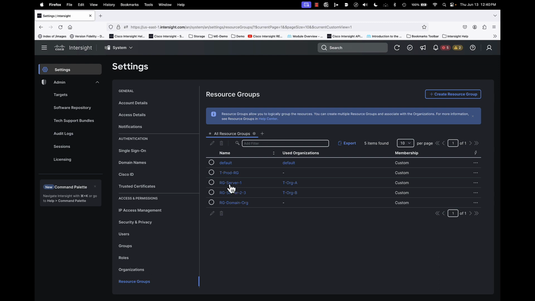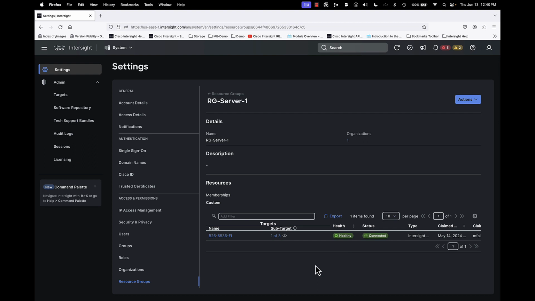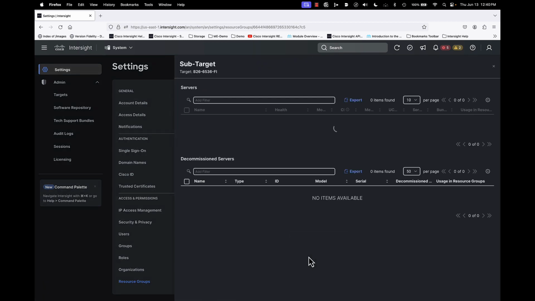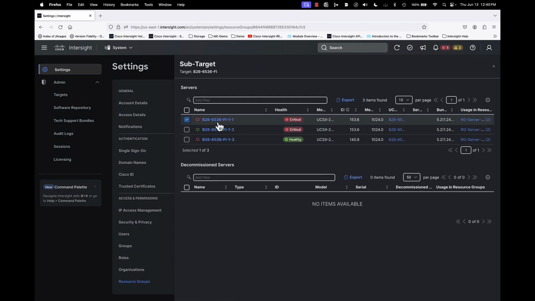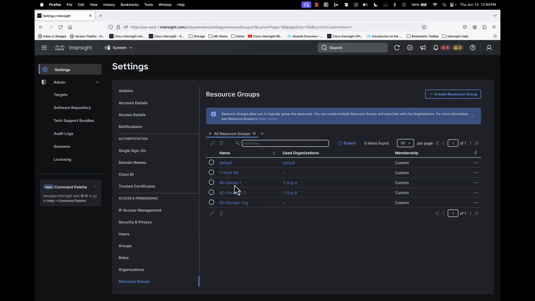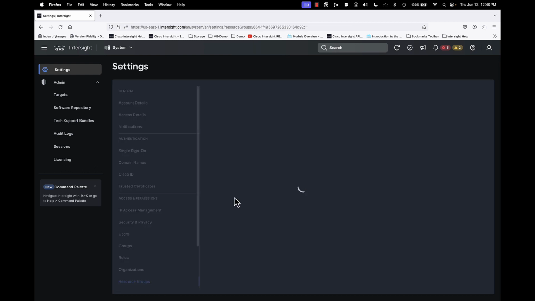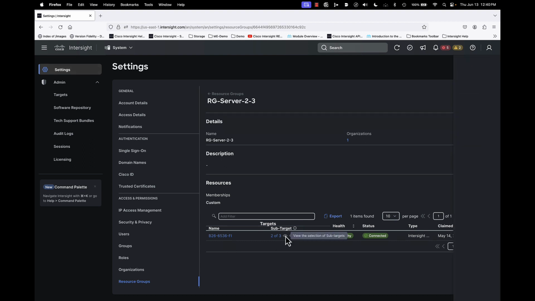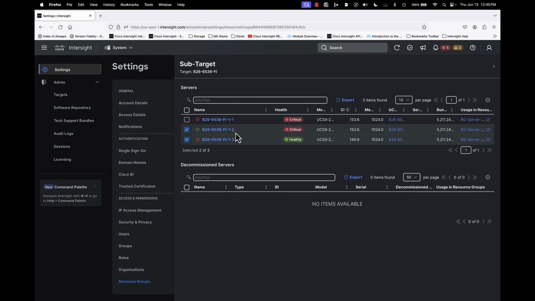Now, if I click into RG Server 1, you can see that the domain name shows up, but there's this sub-target here. The sub-target is basically the servers. And if I click on that view, you can see that I've only selected for this resource group a single server out of my domain, server 1.1, chassis 1, blade 1. In a similar fashion, if I go back to resource groups and I go to RG Server 2-3,